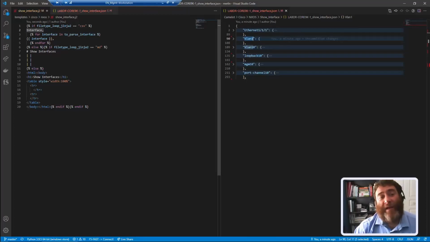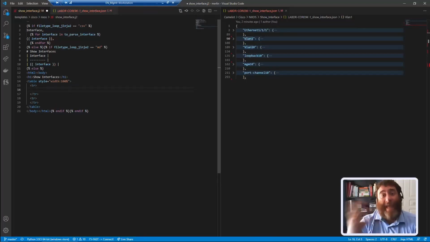referencing this outer, right? So the first time through this loop, this is going to say Ethernet 111. Then I fill in the rest of the template, right? So in this case, I want to have interface, and then in Markdown, I need to tabularize that with a delimiter, and then I just simply take interface here, place it between those pipes. And now what's the HTML version? Well, the HTML version is